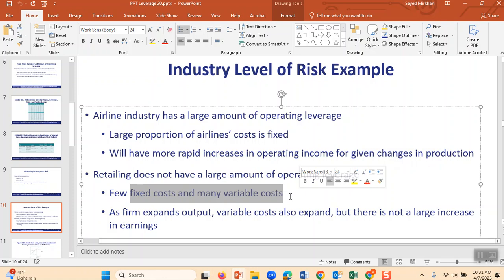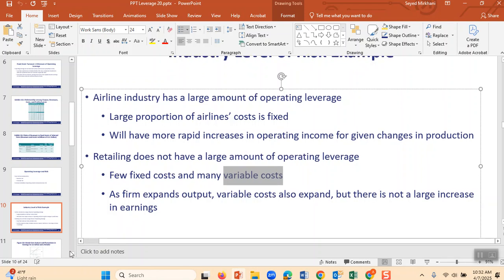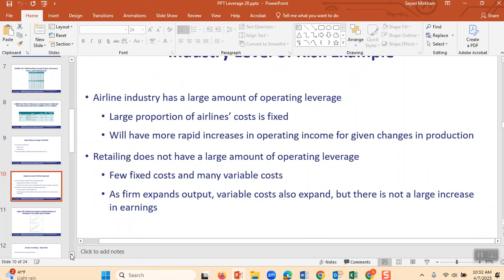Imagine that you have opened a store in a mall to sell some t-shirts. You are a retailer, so you don't have as much fixed cost, possibly just your rent, but you have variable costs, a lot of shirts you have to sell. Any shirt will cost you $1. That's the way to look at this. And then we go to the next slide.